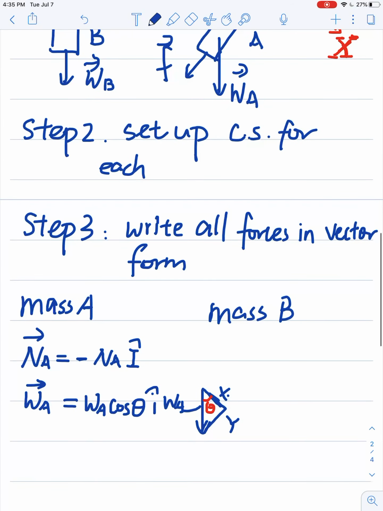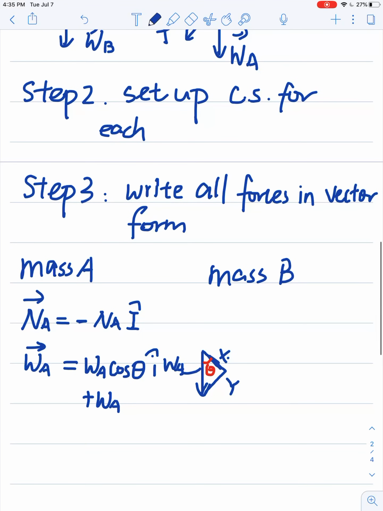And this is on I direction. Of course, WA should have another component on y direction. The positive y direction, it's pointing